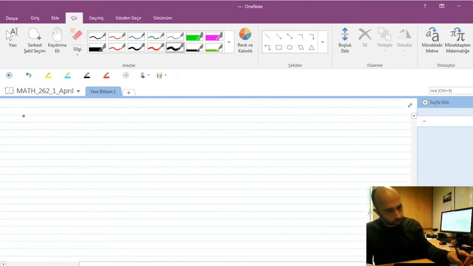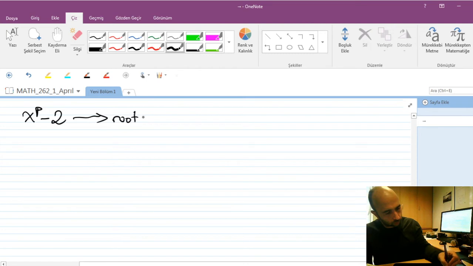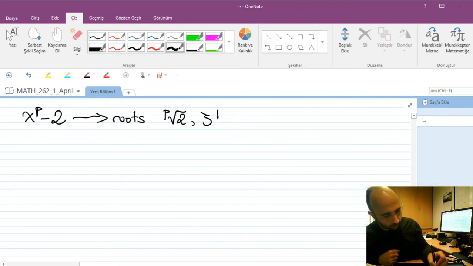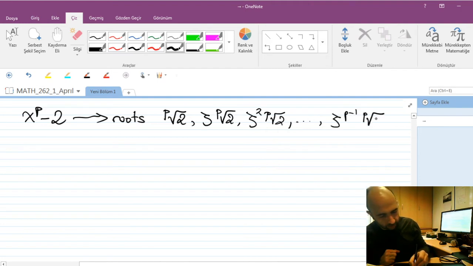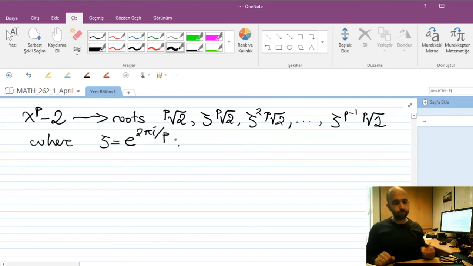Okay, first of all, our polynomial is x to the p minus 2, and its roots are the positive real p-th root of 2 along with all these zeta to the k times p-th root of 2, where zeta is just a primitive p-th root of unity, which we'll take here for concreteness e to the 2 pi i over p. Okay, and this immediately implies